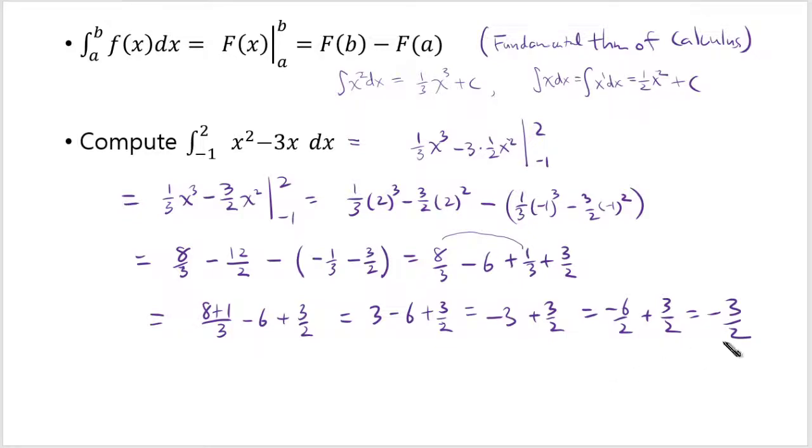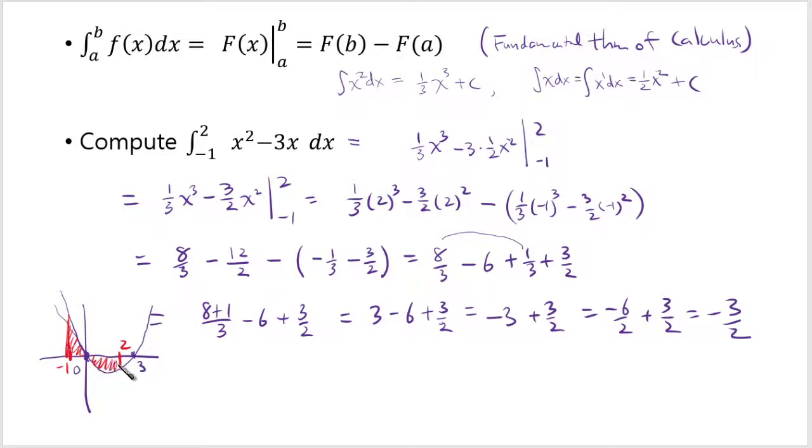So what's the meaning of this? Well, if you draw the graph of x squared minus 3x, it's like this. At 0 and 3 are the two zeros of this function. So if you draw this graph, this is the graph that you have. And that definite integral has the meaning of integrating from -1 up till 2. So it's this shaded area